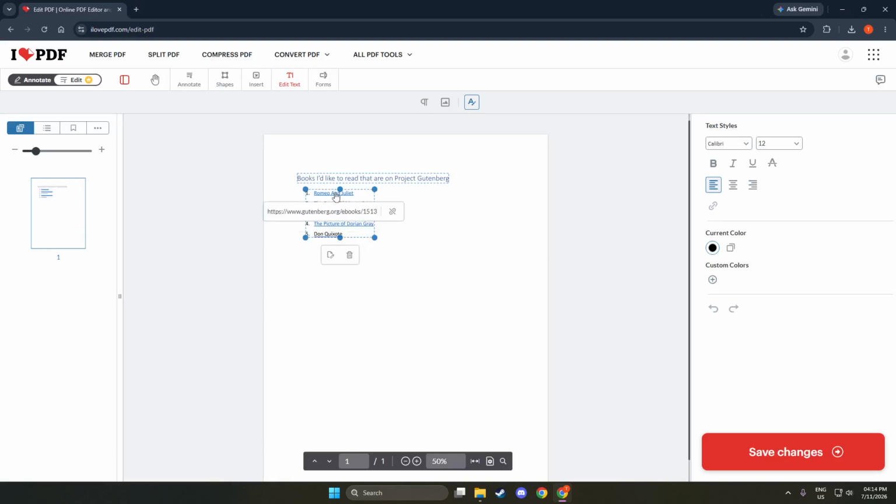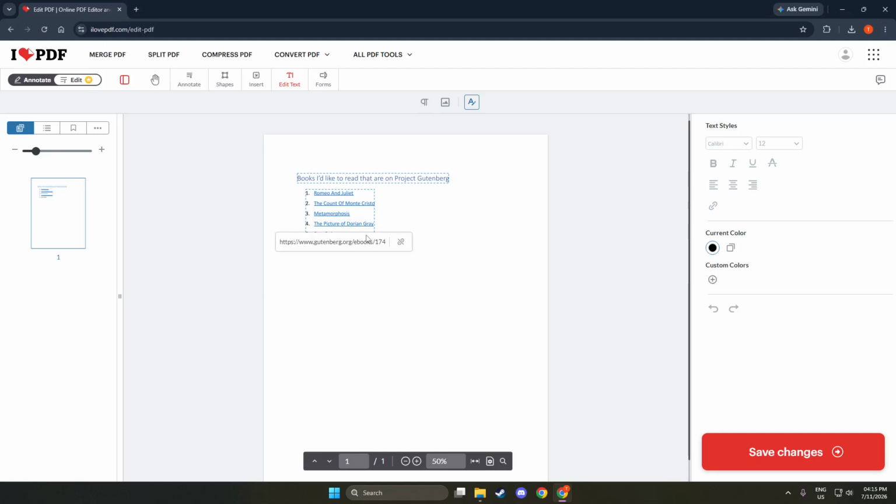Now, let's click on the link or annotation you want to remove. After your PDF is uploaded, it will display on the screen. Look for the specific link or annotation you want to delete. When you hover over it, it should highlight, clearly showing that it is selected. Clicking on the link is essential because it tells the program exactly which element you want to modify.